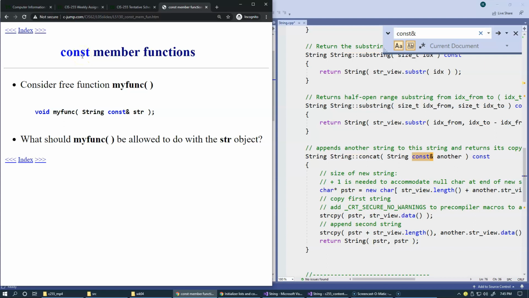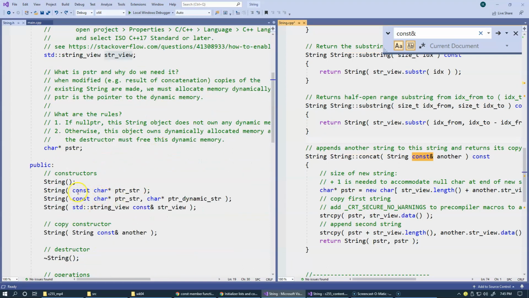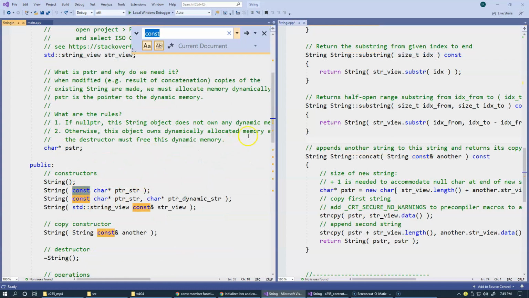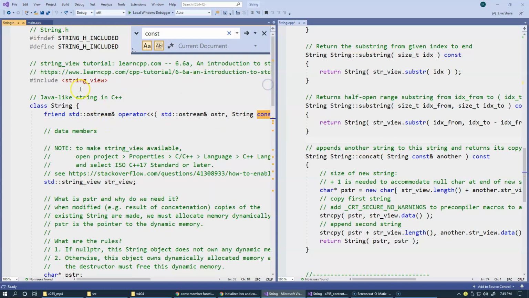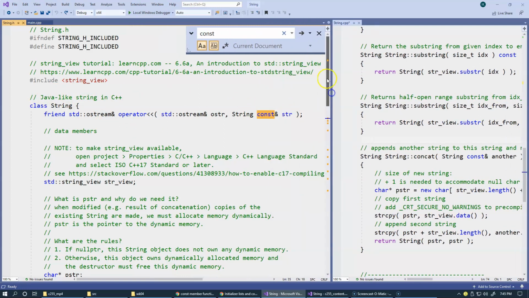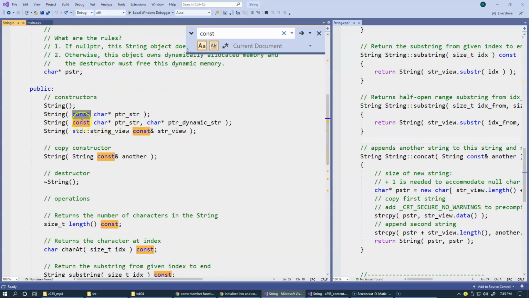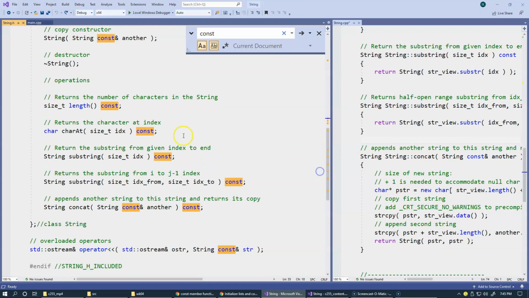Constant member functions. Okay, so we've done this actually a lot. Let's take a look at, again, we'll highlight the constant keyword in this file. This is the header file of the Java-like string in C++. And I'll resize it to keep most of this in view. And you can see that we're using the constant keyword a lot, and the majority of functions, if not all of them,